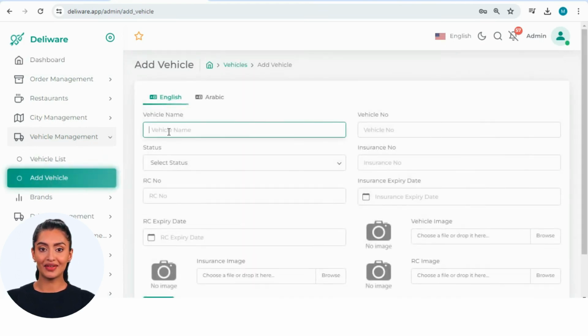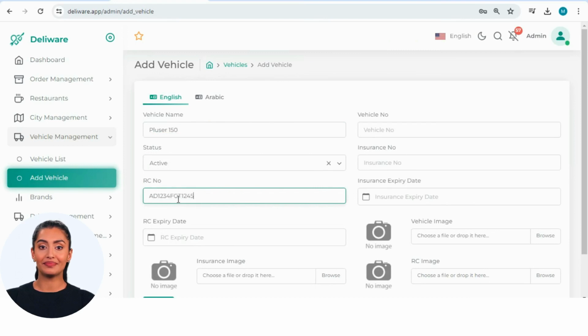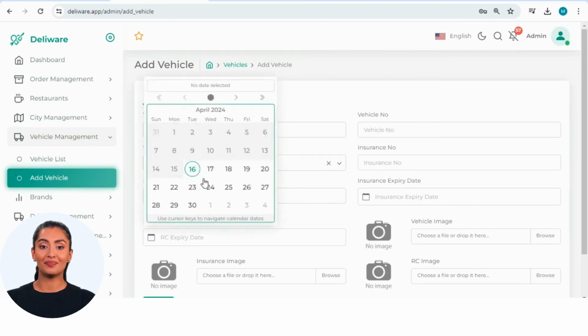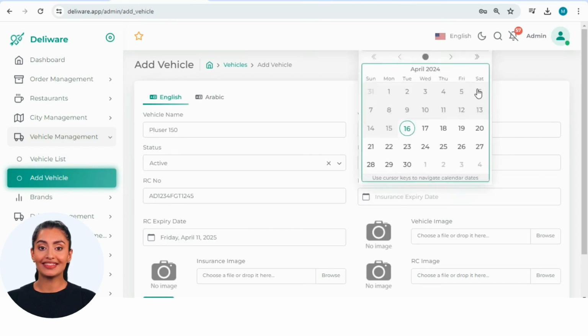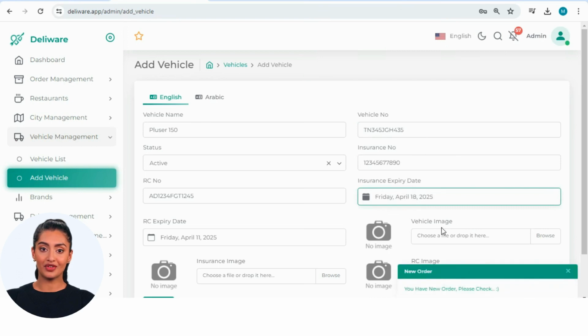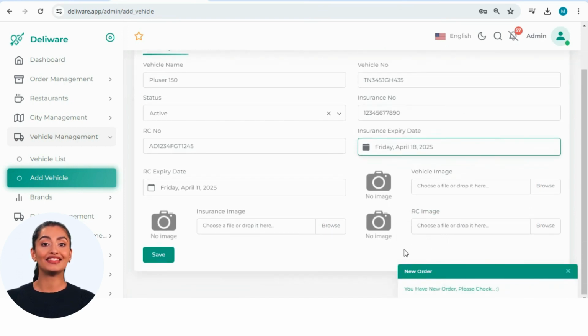Add vehicle by filling required details like vehicle name, status, RC number, RC expiry date, vehicle number, insurance number, insurance expiry date. Then upload required images and click Save button to save the vehicle name.